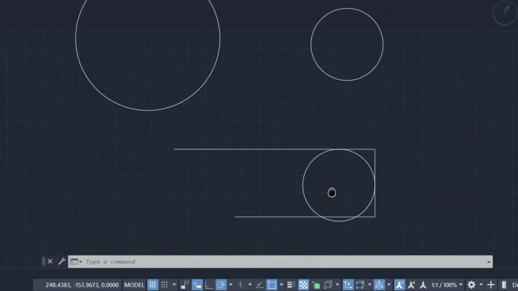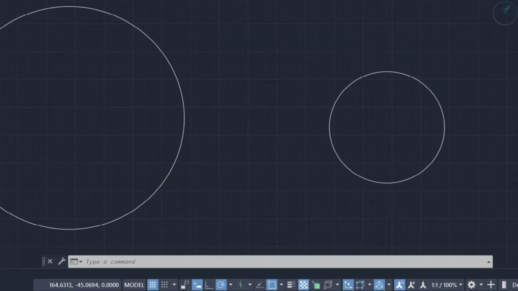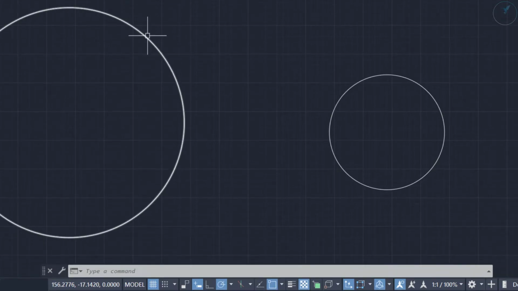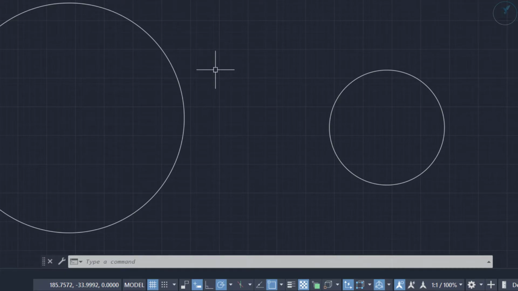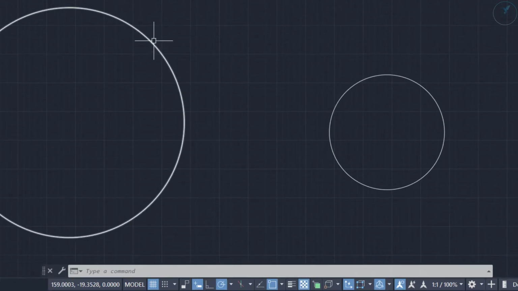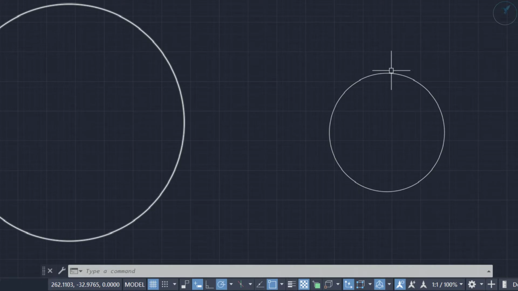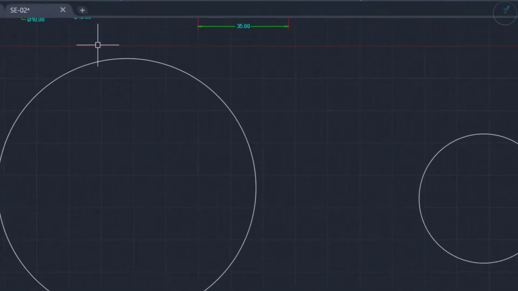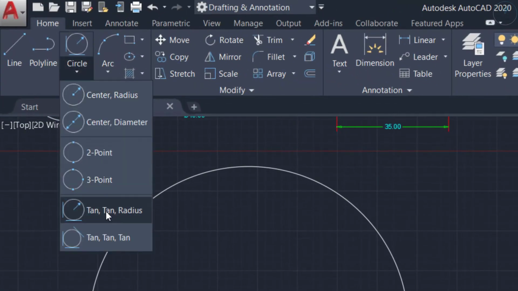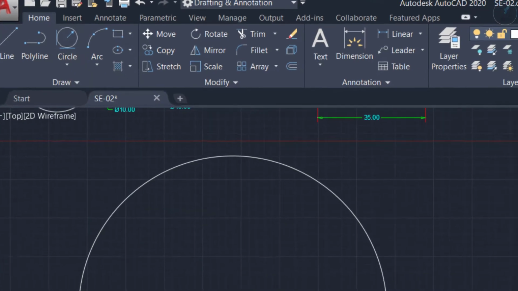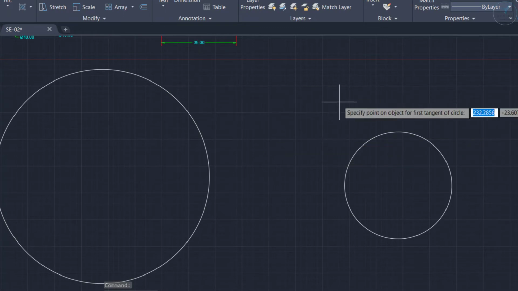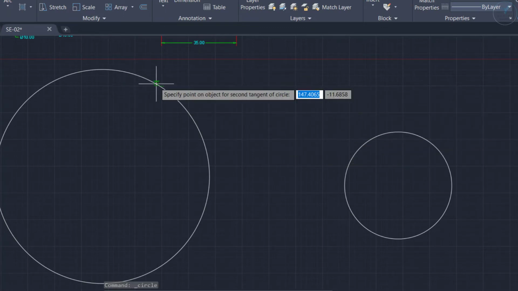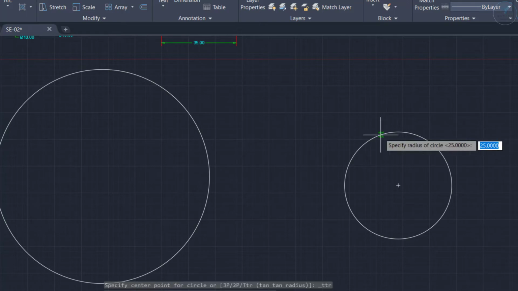The same option you can use between 2 circles as well. Consider you want to create a tangential arc kind of thing, or a circle itself, but it has to tangentially touch between this circle and this circle. At that time you can use the same option, tangent radius. Click on this. For the first tangent, suppose you need upward, you have to touch up, and the same upward over here also, then the radius.